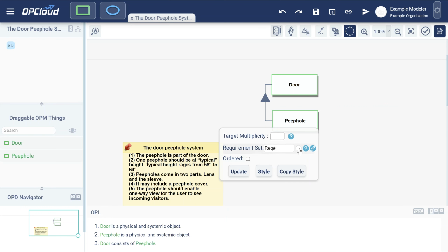We should change it again to be physical, and he is an agent to our system. We want to know what it gains from the viewing. The people should be enabled one-way view to see the incoming visitor. So let's create the approaching visitor knowledge as an attribute of the viewer, and let's add our state between